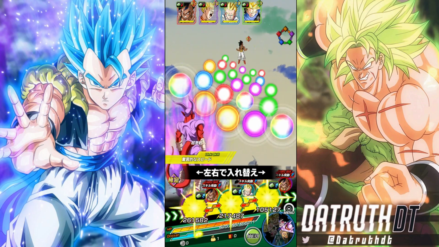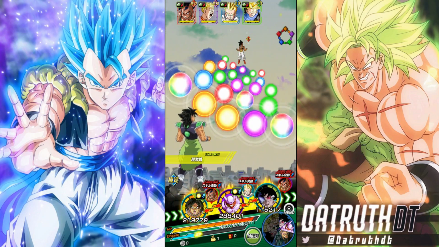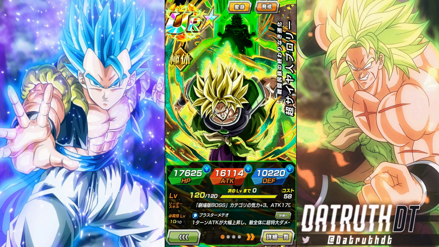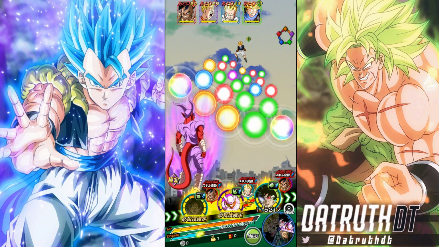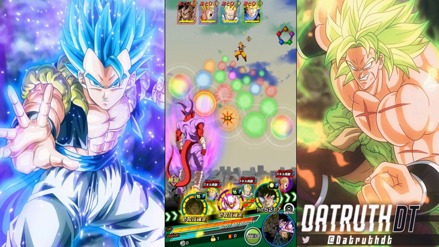Now, my intention here... the movie boss team is just too good. My intention was to get a rotation with double Turles, because I'm on a movie boss team. I'm using Dragon Ball Super Broly as a leader, and then a friend Turles, and then I want a double Turles rotation for Dragon Ball Z Broly. But this team is just going to be way too strong. I don't even think it's going to be possible for us to...